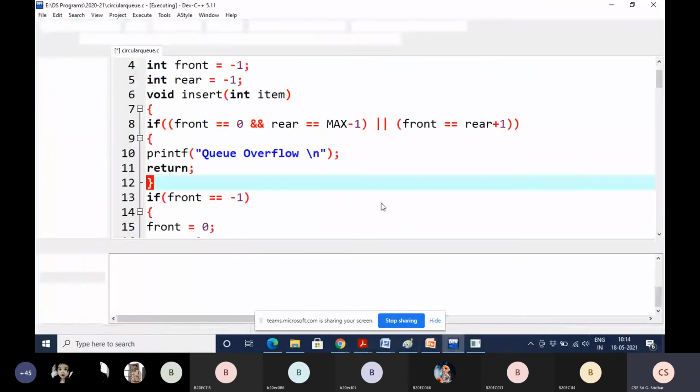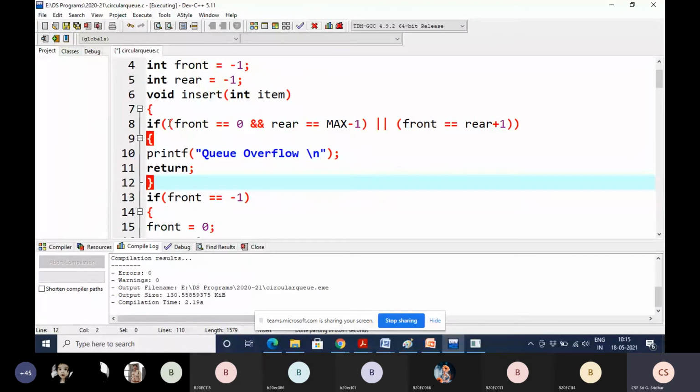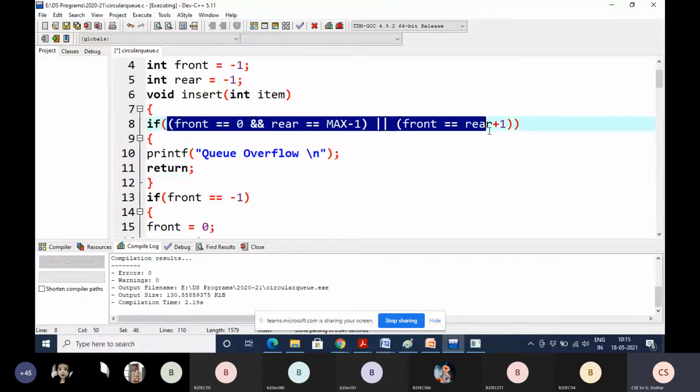Now the question to you, if you understand properly, you can tell this. Instead of writing all these conditions, we can write one condition. What is that? Rear plus 1 modulo max equal to front.